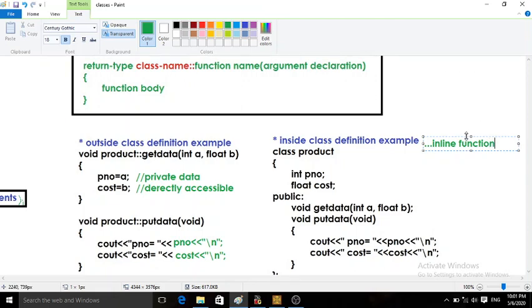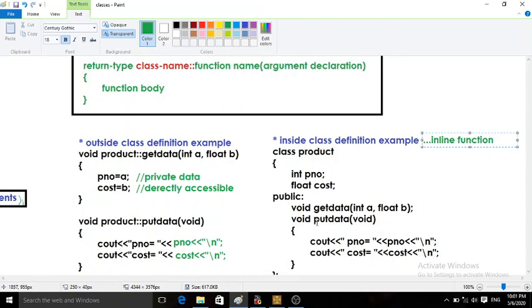All the inline function rules are applicable to these methods defined inside the class. Whatever functions are defined here will follow all the rules of inline functions. We have already discussed inline functions in one lecture. If you want, I will provide the link for inline functions in the description box.